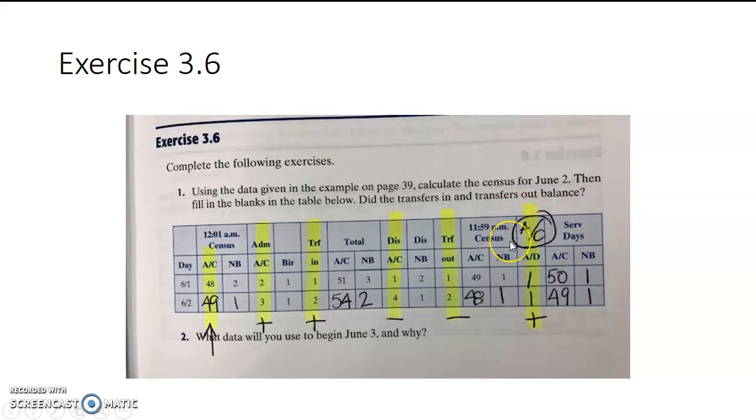On that particular exercise, on page 39, if you were to flip back under service days, you'll see A and C, but here you don't. So I just want to make sure that you know that if you don't see it, that's what admissions and discharges are. Very rarely, y'all, unless you're a specialty hospital, are you going to have an admission and discharge of